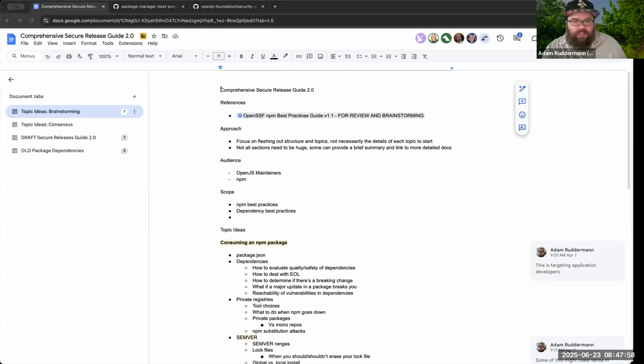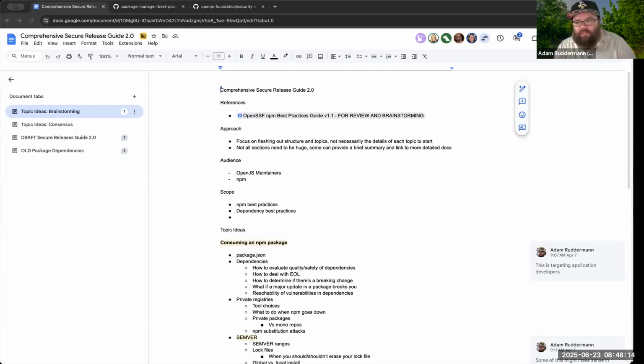It makes recommendations that are no longer aligned to NPM's own documentation. And it also focuses on some different things than maybe we think